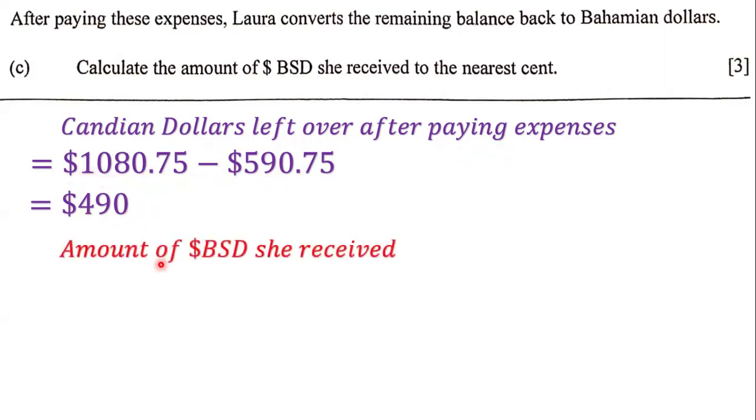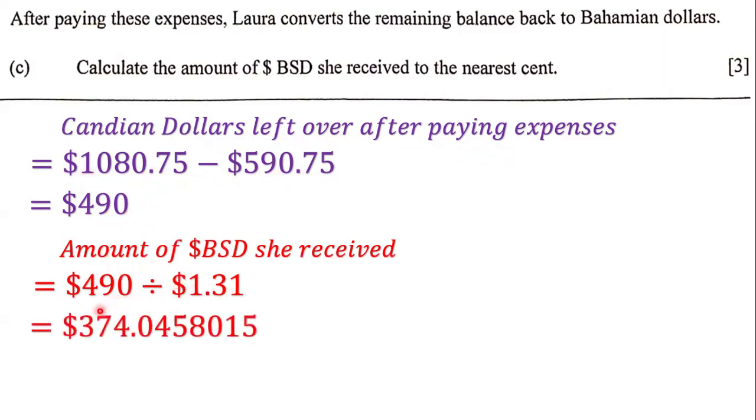And so in order to do that, we have to divide. So we have 490 divided by 1.31. When we divide these two, we get 374.0458015. And so they want us to write our answer correct to the nearest cent, which means